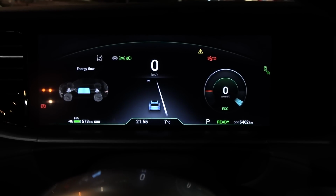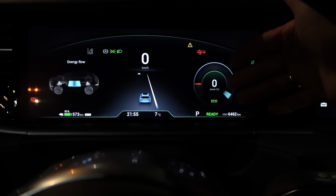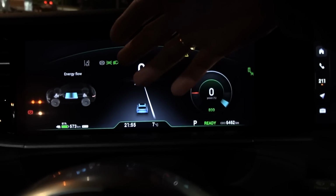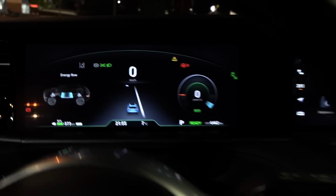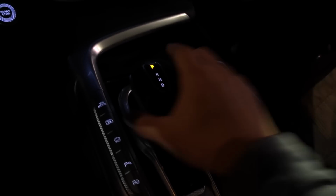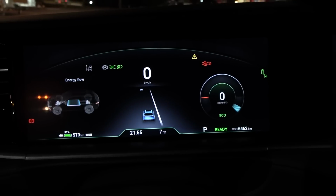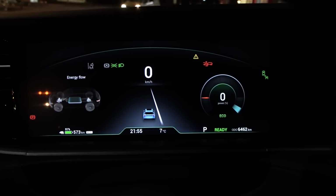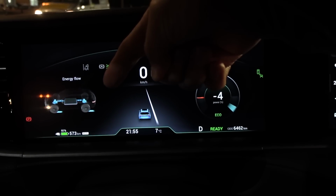I keep noticing weird things with these cars. You see, when we are parked now, fine, 0% power, of course. And then you can see in the representation of the energy flow, nothing is going on. But look what happens if I put the car in drive. Like this. Okay, look, go back to park. Okay, go back to park, 0. Let me hold the brake, by the way. Put the car in drive. Then it looks as if we are